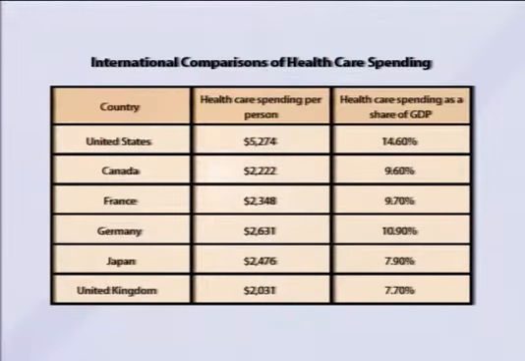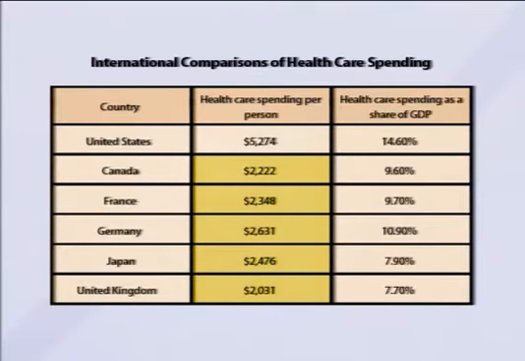Now, how does that work out if you've got the whole country in the insurance pool? Well, as is perhaps well known, the United States spends a lot more on healthcare than other countries do. There's some data from the World Health Organization. As of 2002, U.S. healthcare spending was $5,274 per person, and that includes all government healthcare programs and all private healthcare spending. If you look at other countries like Canada, France, Germany, Japan, the United Kingdom, healthcare spending in those countries was between $2,000 a person and $2,600 a person. So it was half or less of the U.S. level on a per-person basis.